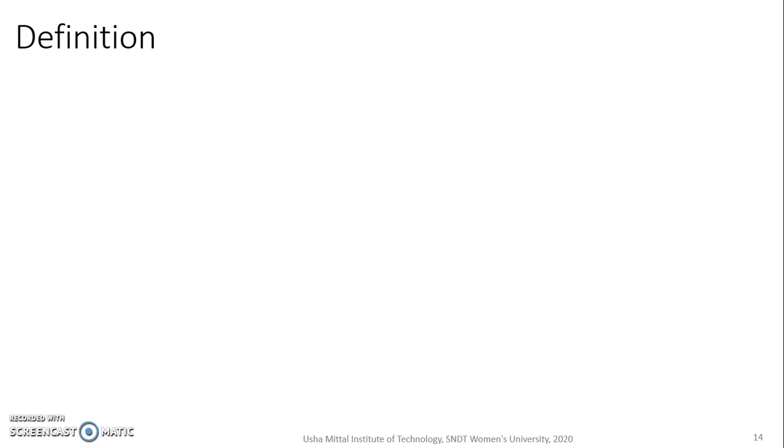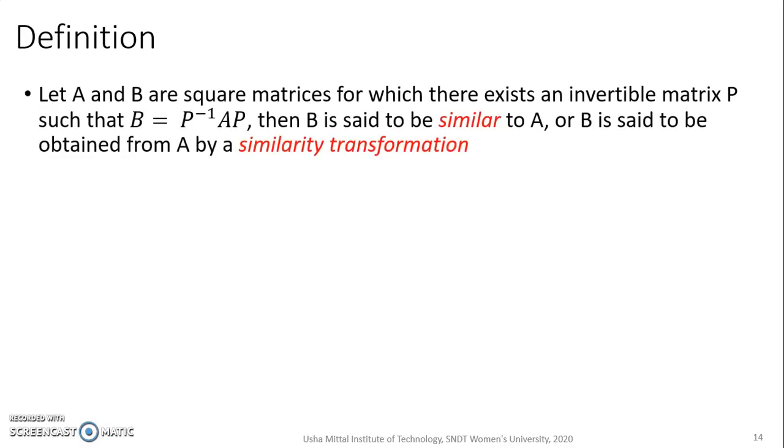Let's consider the definition for similarity. Let's consider A and B are square matrices for which there exists an invertible matrix P. Here P is the change of basis matrix such that B is equal to the product of P inverse with A and P. Then B is said to be similar to A, or B is said to be obtained from A by similarity